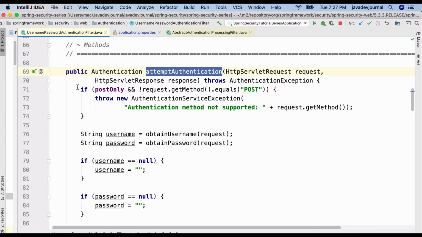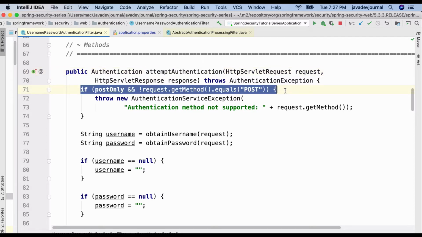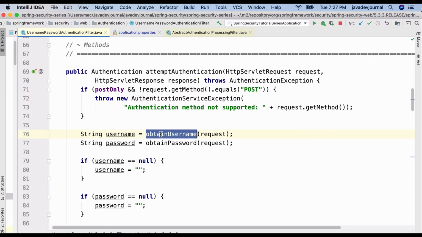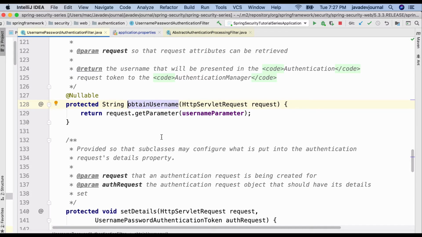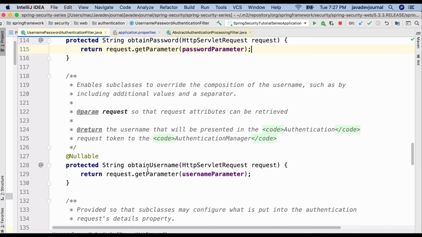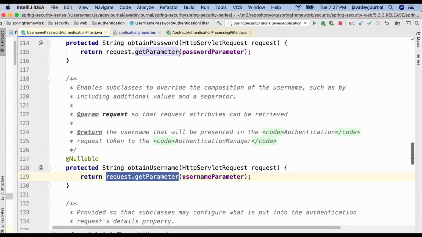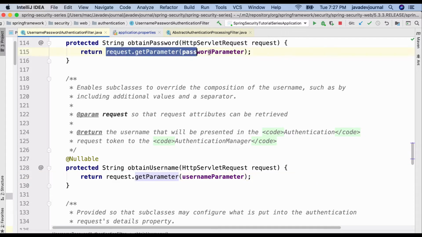Now the first thing it does is check that it has to be a post method. If it's not a post method, then it's going to throw an exception saying that this request method is not supported. Now let's see what obtainUsername does. So it's basically doing nothing. There is no magic here, right? It's basically getting a specific parameter from the request, and similarly for obtainPassword, it is getting the specific parameter from the request, right?